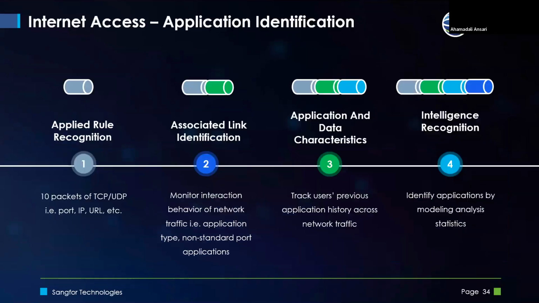And then in terms of application identification, we can recognize almost all the applications. We can understand all the packets, TCP, UDP, based on port, IP, URL. In terms of defining the policies as well, where you want to just allow a specific app, and if it is running on 443, you can just enable those ports and protocols. That means it gives you very in-depth filtering whenever you're defining the policies aspect of application identification.